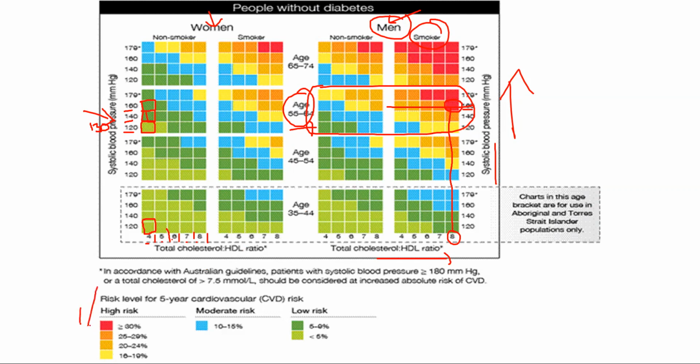Now you compare here what the red color means. Red color means that the patient has more than 30% risk of having a heart attack or cardiovascular event in the next 5 years. That means he's a high risk patient. So you just need to explain all these things to the patient, how you ended up getting this from the CVD risk chart. And then just explain what we have done in the previous case.